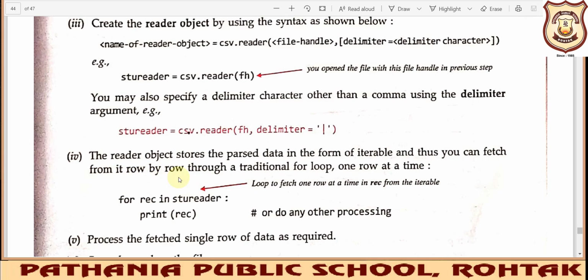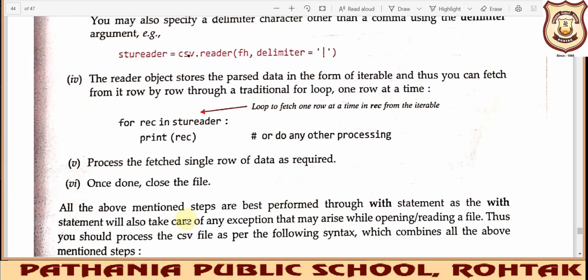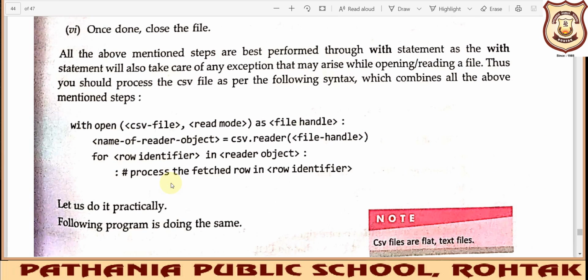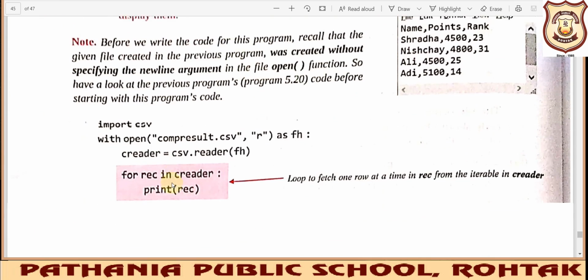Okay, so row by row you will get the output through a traditional for loop, one row at a time. For that we have put a for loop, and it is printing the records that have been read row by row. Once the process has been completed, we will close the file also. So for that we need to write a simple program,